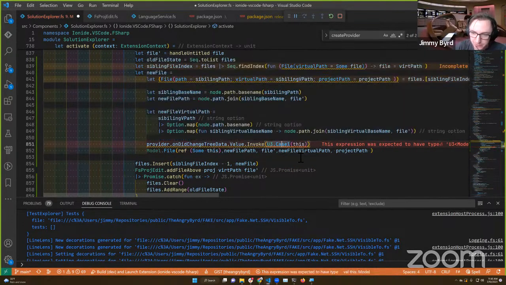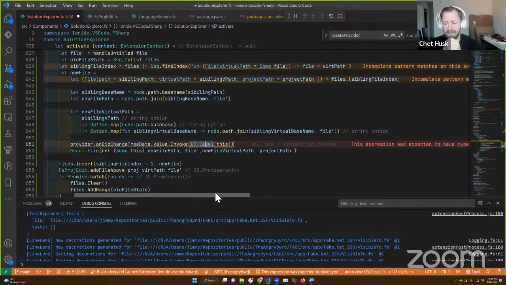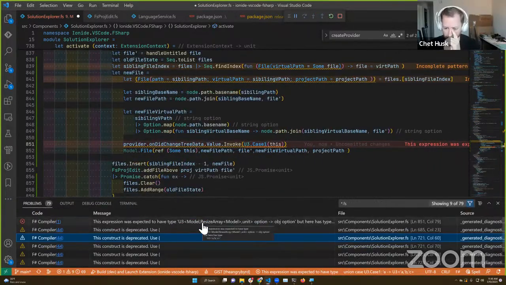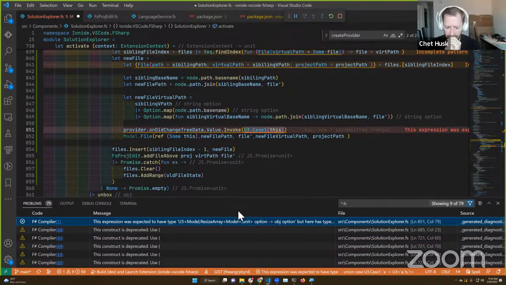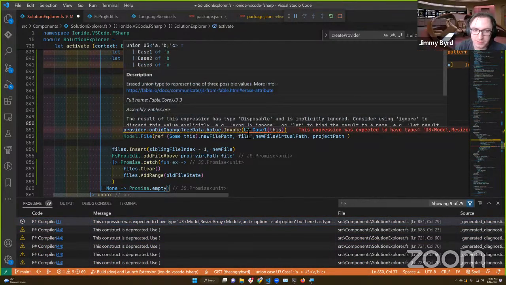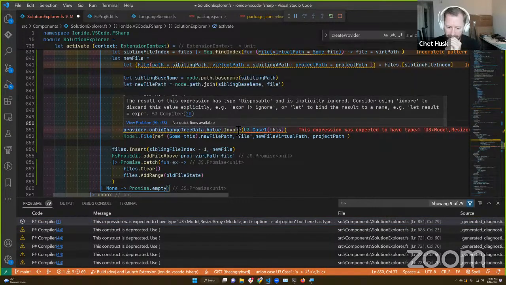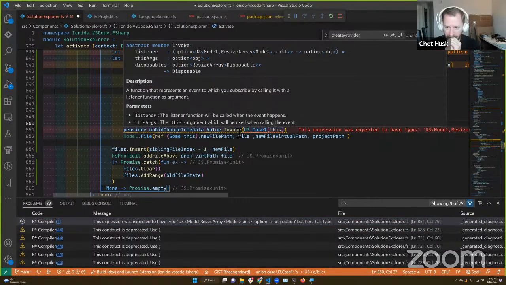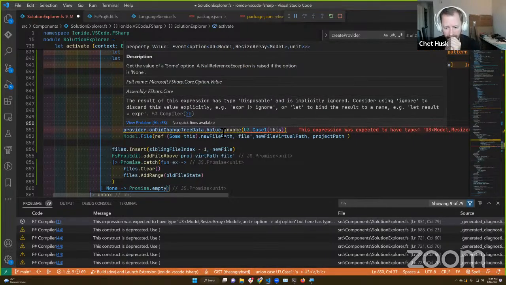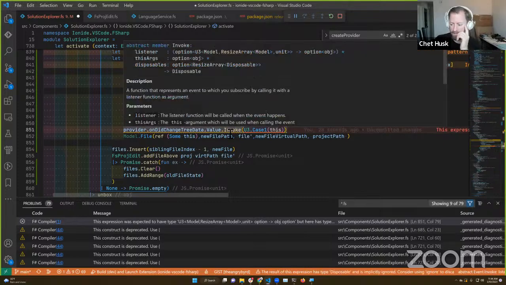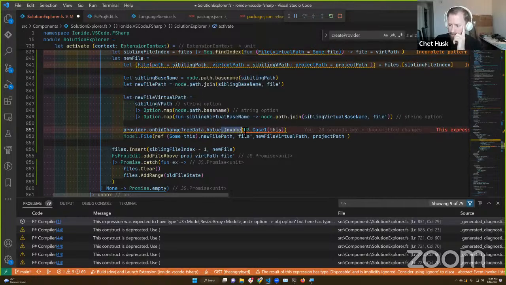What's the problem here still? You can ignore this. You get a weird return. Do I have to box this somehow? Oh, it's a function? An option of thing to thing. Oh, it's a listener function that we call when this event happens. Are you kidding me? We should be able to invoke this. There's something I'm missing here.